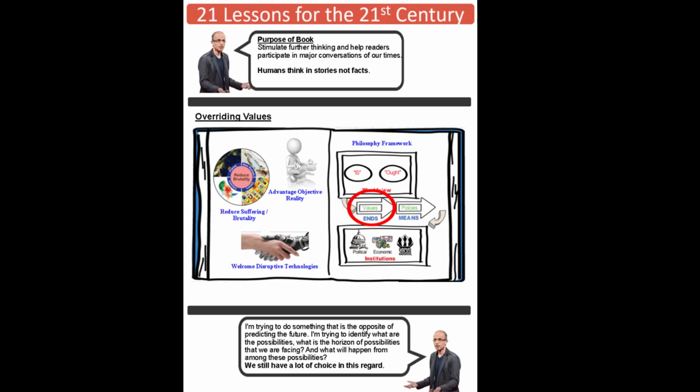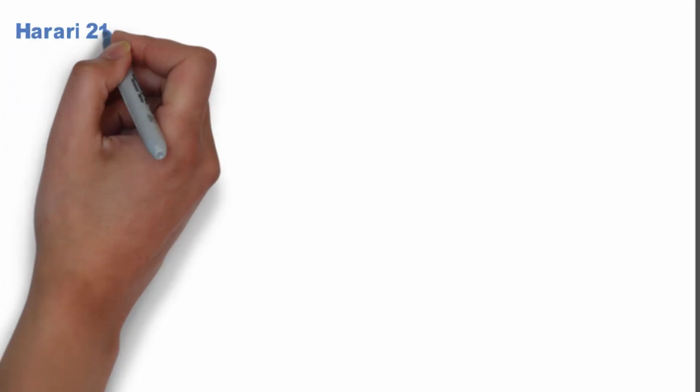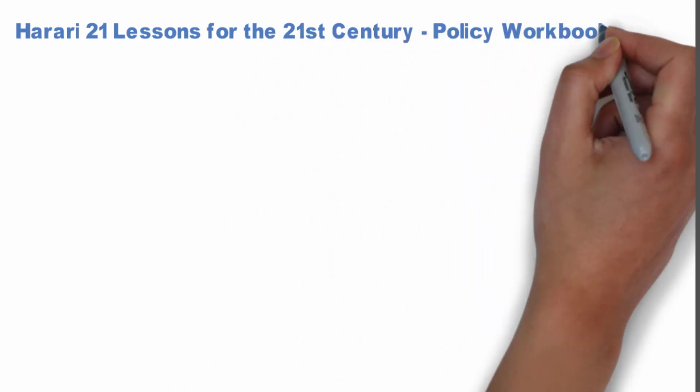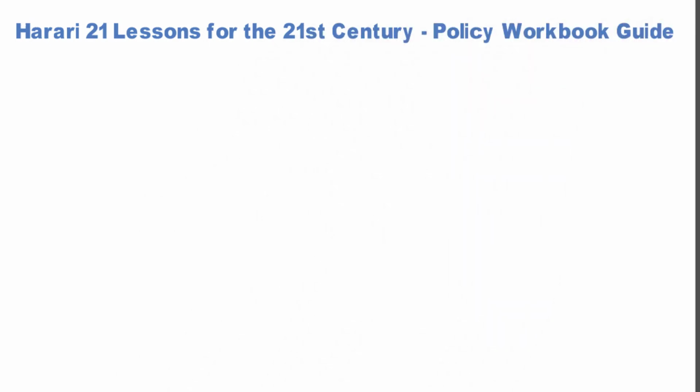This video is a little longer than some of the other videos so far because it's meant to be a companion to the brochure that's referenced in the description section, which you can then get. The reason is that it's about Harari's book, 21 Lessons for the 21st Century. The brochure is meant to be a workbook that, as you read, you can start to identify policies that